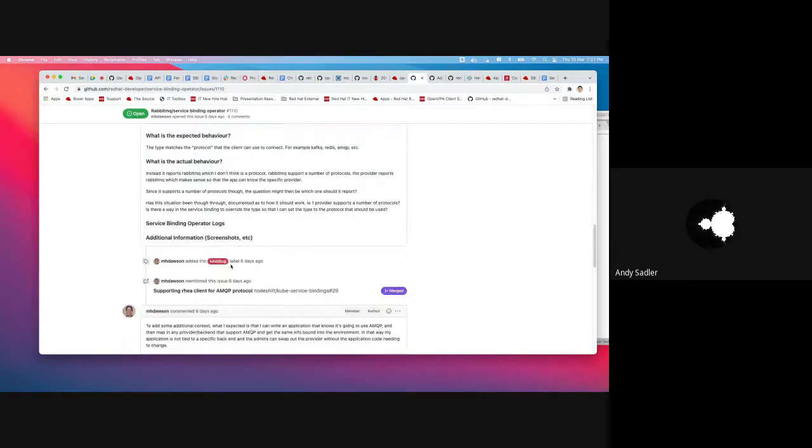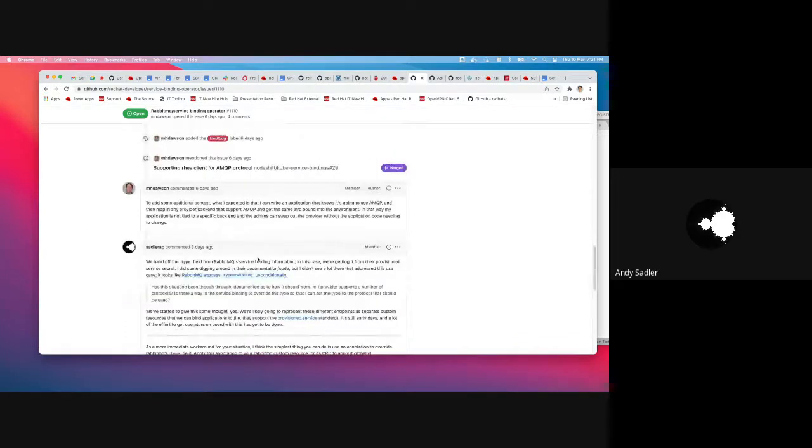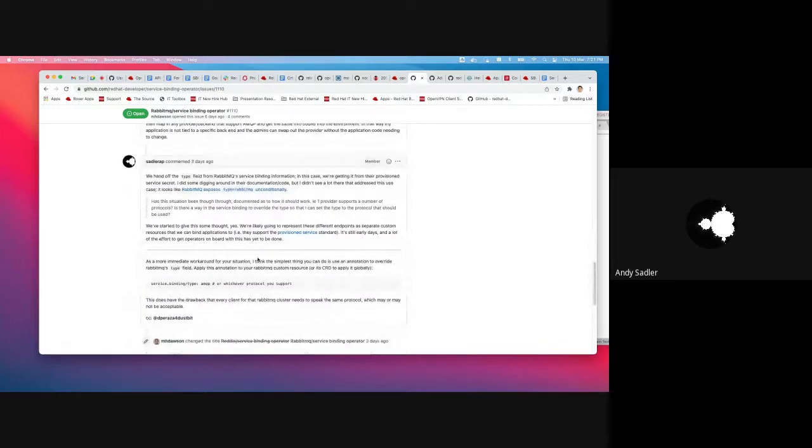I told him, as it stands right now, we just hand off the type field straight from RabbitMQ, and so the long term solution here is to go plug RabbitMQ and tell them to fix it. In the meantime, I told him you can override type fields.